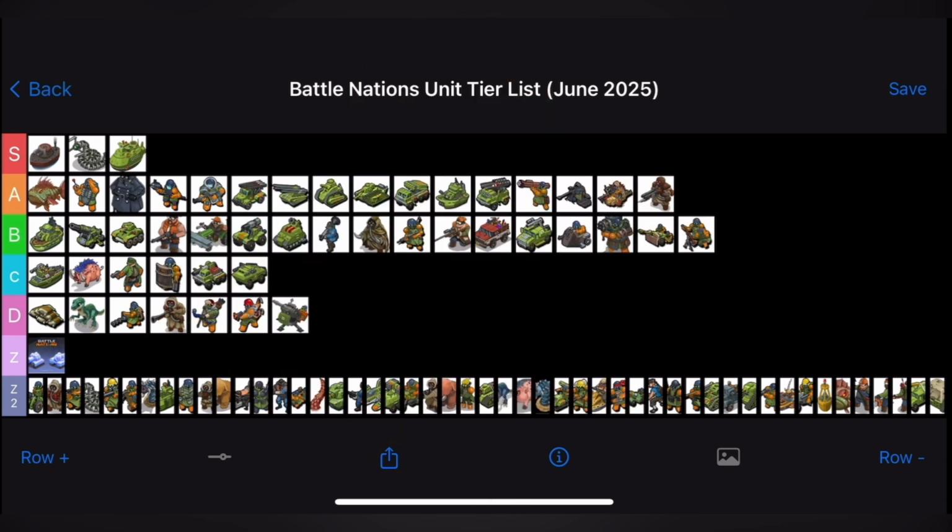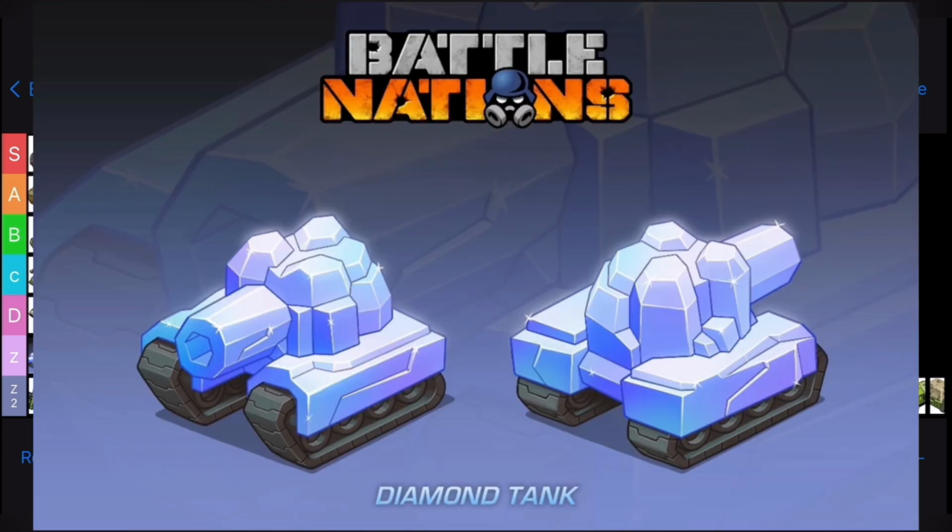And finally, the last unit we have for Z. It's the good old Diamond Tank. Yes, the promo unit not even in the game yet. So, how are we going to do this? Even though we don't know its attacks, we don't know its stats, we don't know its health, we don't know anything about it besides this one image right here,